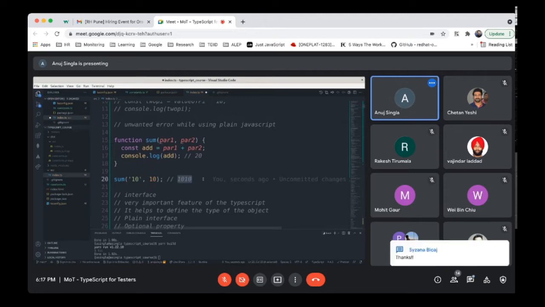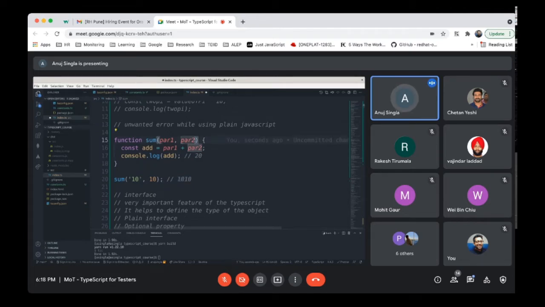So you will find these types of errors at runtime, and it's not easy to maintain. You don't know when your program will run, and only then you realize, okay, I passed the wrong value. These types of problems are called unwanted errors, which we don't know about, but we have to face. And the second one is the issue we mostly face. Suppose there is a method which accepts one object, and I just pass one object here,